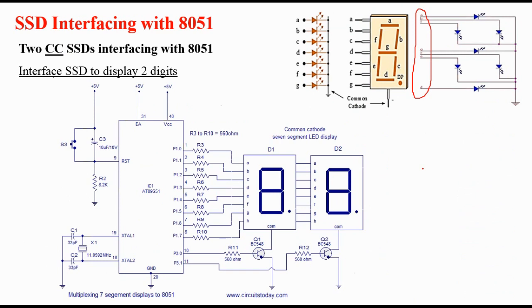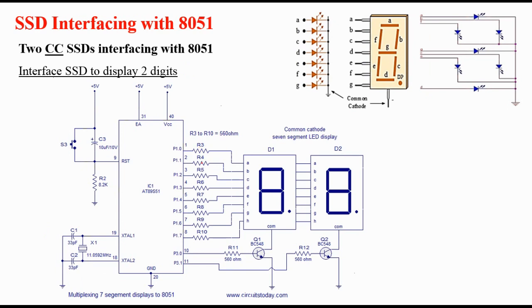Now this is the interfacing diagram to interface the 7 segment displays for displaying only 2 digits. You know, there is VCC and ground that should be connected to 8051. The EA pin should be tied to 5 volt, because we are not using any external memory device. This is the reset configuration. It is an RC circuit and there is a switch connected across the capacitor to reset this microcontroller. Then this is the crystal oscillator circuit which will generate clock signals.